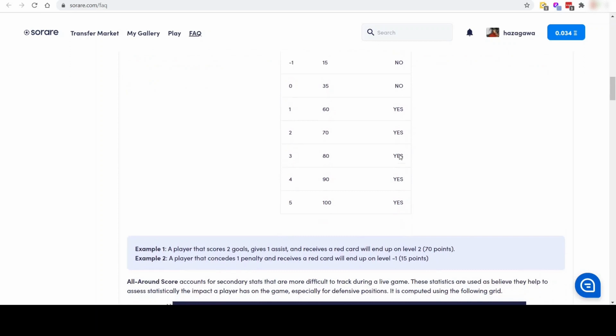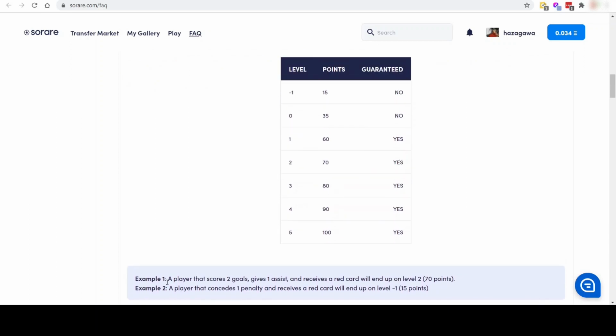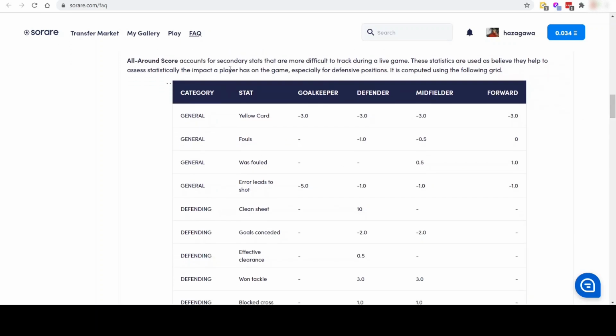So that's interesting then. So here's an example. Example 1, a player that scores 2 goals, gives 1 assist and receives a red card will end up with a level 2. Example 2, a player that concedes 1 penalty and receives a red card will end up at level -1, 15 points. So they sort of add and subtract the points, obviously the different levels of all-round score then. So all-round score accounts for secondary stats that are more difficult to track during a live game. These statistics are used as